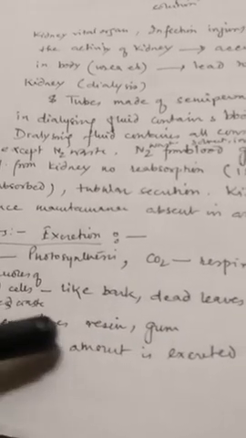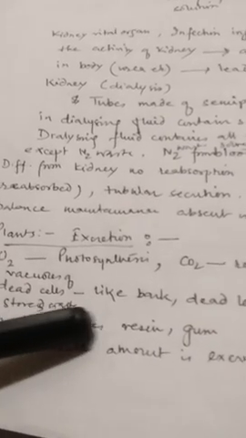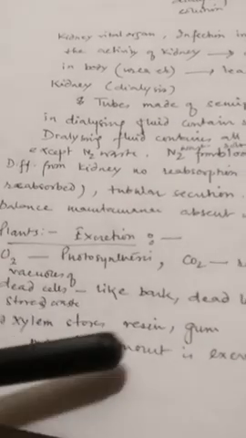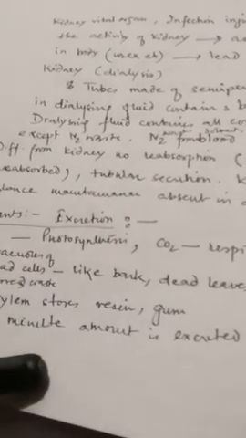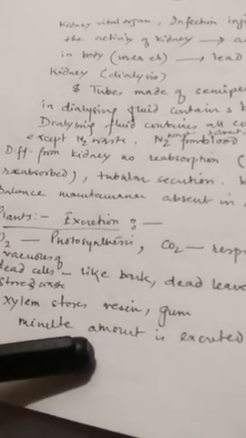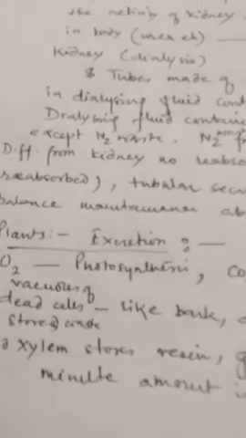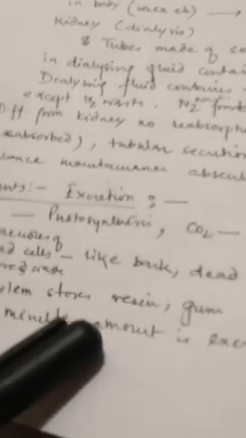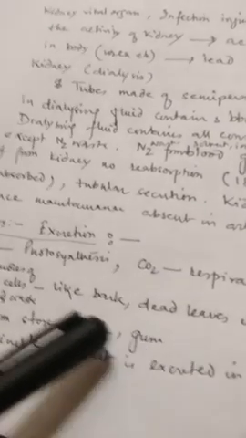Numerous excretory substances like resin and gum are all deposited in the old xylem, which is not in use for conducting water. They actually deposit these excretory substances, which may be released. So these are all the excretory methods of plants, and to a certain extent a very small amount of excretory substance is also released into the soil by the plants. So there are various modes of excretion in plants.